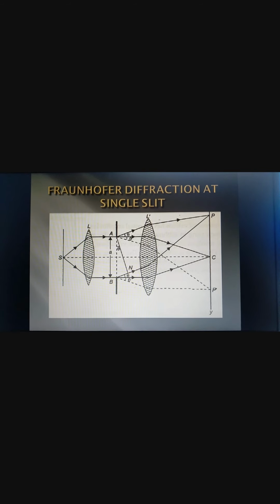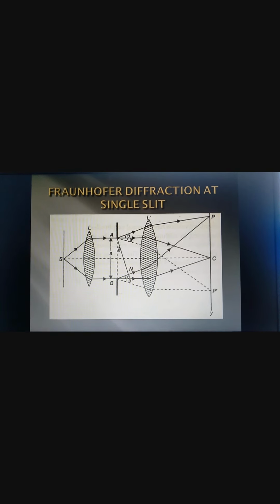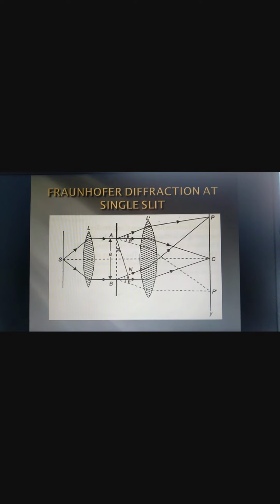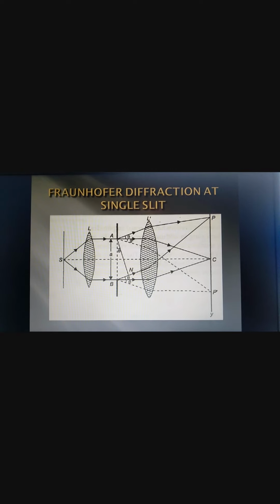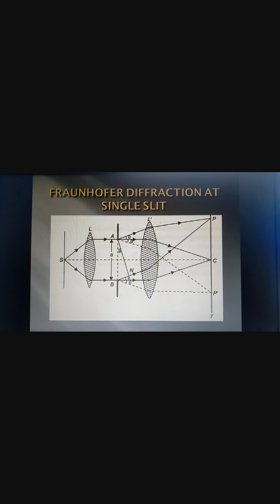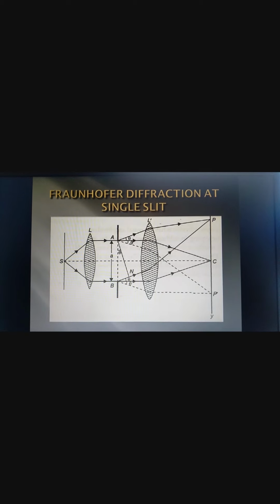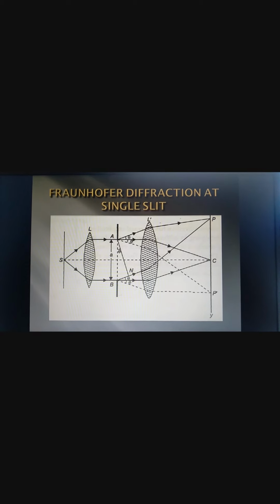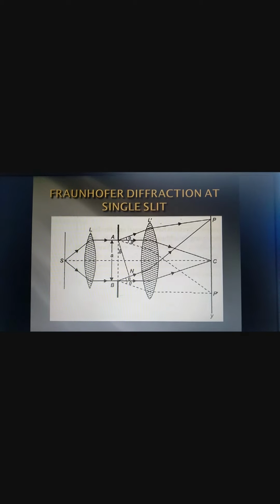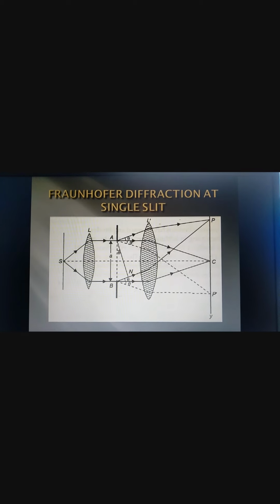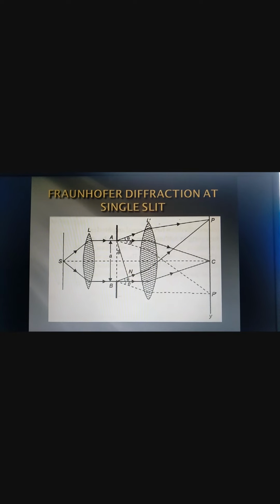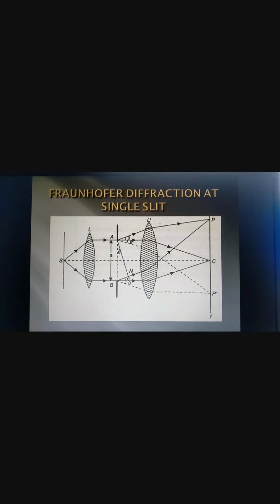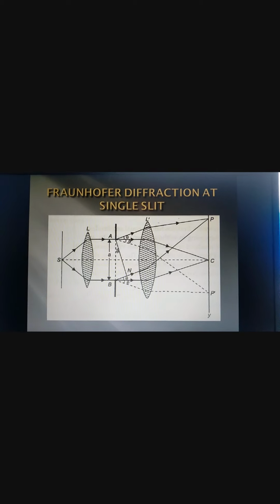So now we have discussed the definition of diffraction, then the dependence of bending of light on the slit width, and then the characteristics of Fresnel diffraction and Fraunhofer diffraction, from which we can easily get the differences between them. And after that the main topic is Fraunhofer diffraction at a single slit. So in the next video we will discuss in detail the total calculation, the mathematical expression of intensities and the conditions of minima and maxima. Okay, till then, thank you and stay safe.